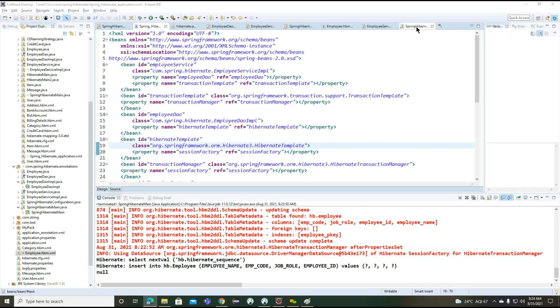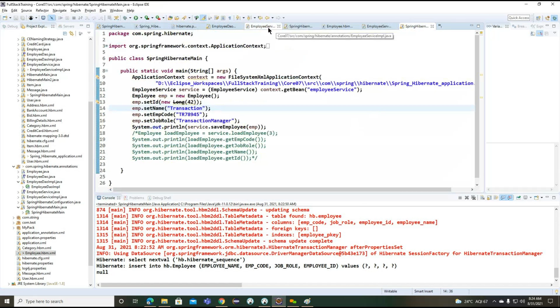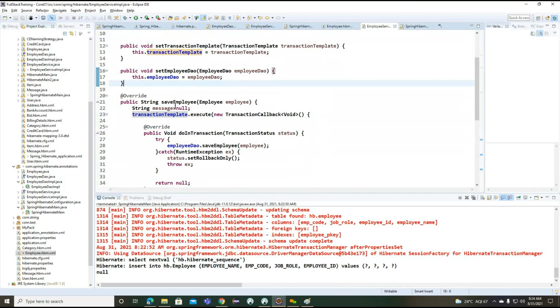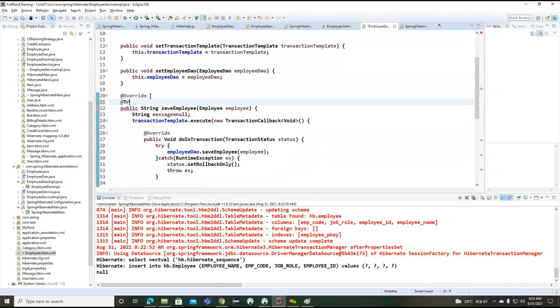A simple example: here I want to save an employee. If I make this transactional, this is the declarative transactional. Getting the point. So this is all about the declarative transactional.